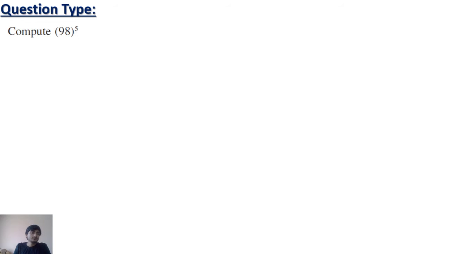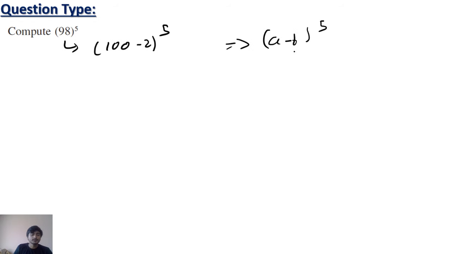So coming back to our type of question 2, which is very important. If we have 98 to power 5, and they are asking you to find the exact value, can I write this as 100 minus 2 to power 5? So this will give us a minus b to power 5. So if I just try to expand it, a minus b to power 5,